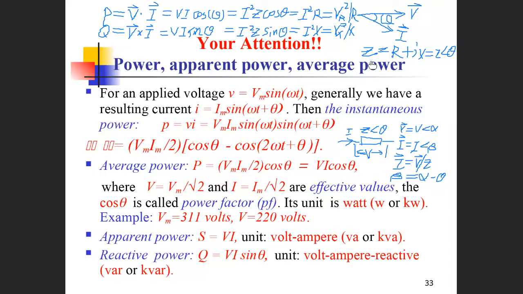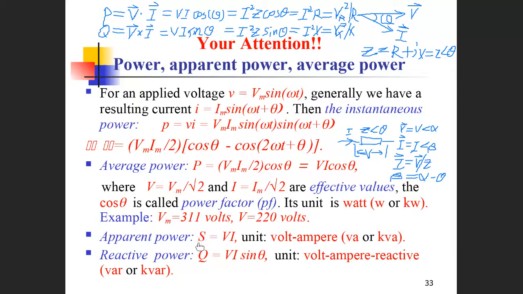Suppose that Z is the series composition of R with jX, and its polar form is Z angle theta. Here is a simple drawing showing that for an impedance Z with impedance angle theta, the current going through it, I, has a phase angle beta, and the voltage across it has a phase angle alpha. The angle difference between the voltage and the current is theta. So now the direct product of the voltage and the current is defined as the total power,